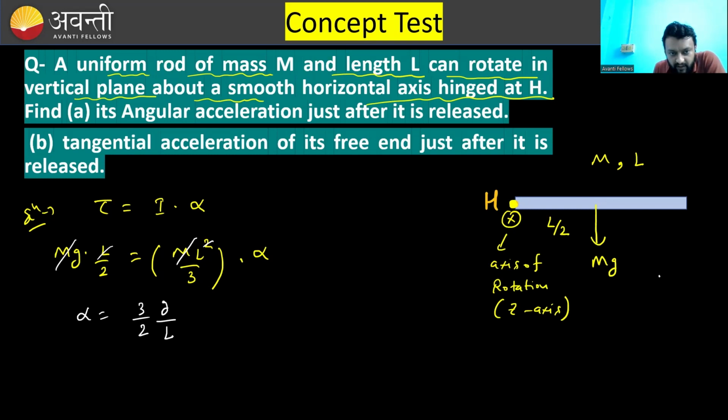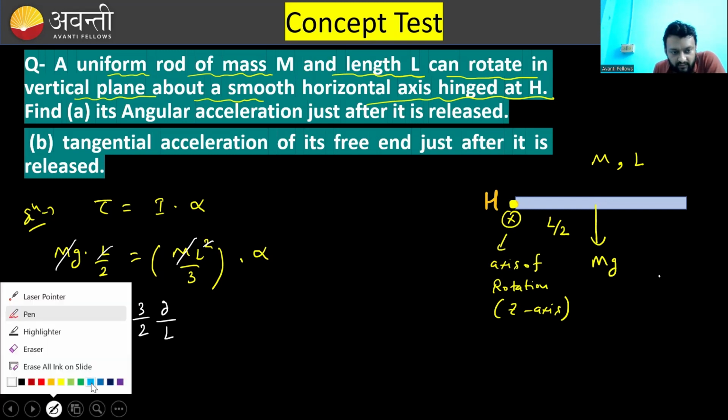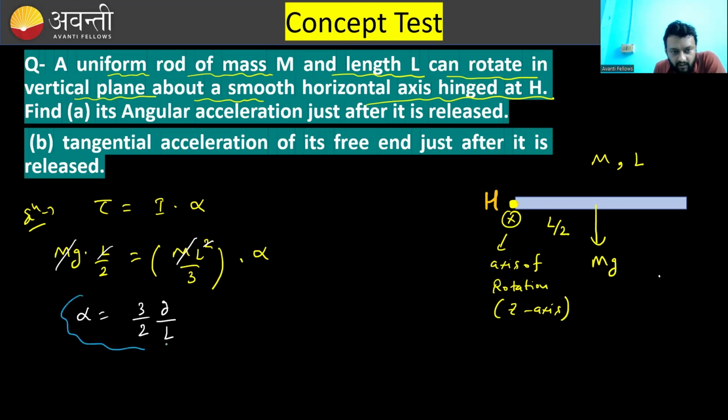L will remain from here. So alpha is what? 3 by 2 G by L. Is it clear to you? I hope that these things are clear. Second part,